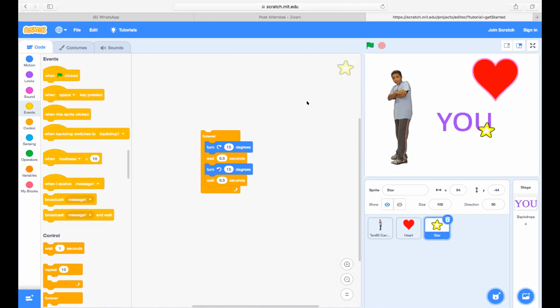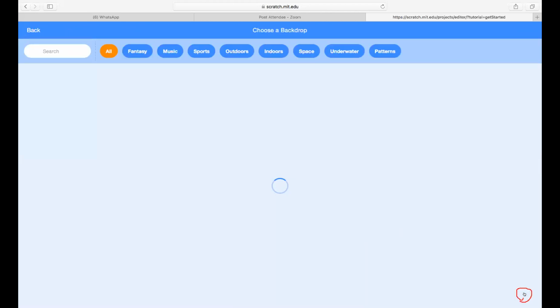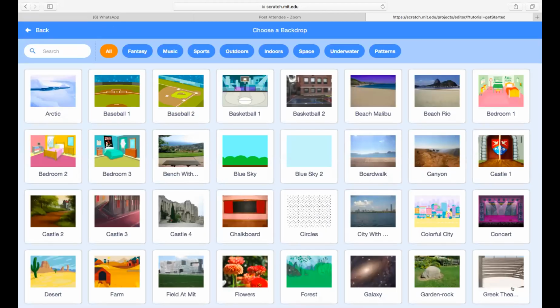Okay. Ian, let's go back to the first sprite. So very first thing, this boy is thinking, Father's Day is coming. Let me surprise my father. For that, we should have a background, correct? Now let's go to backdrop over here and click on the magnifying glass, and let's think he is in a bedroom or somewhere in his house.